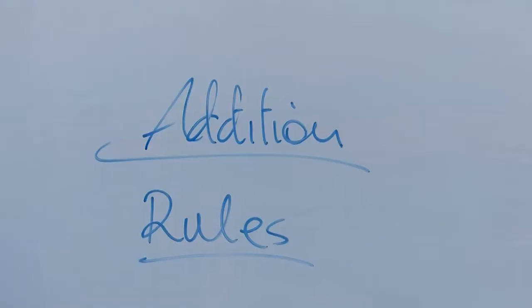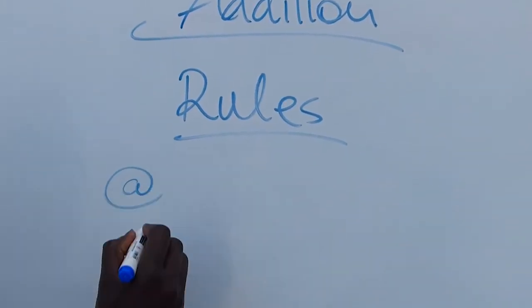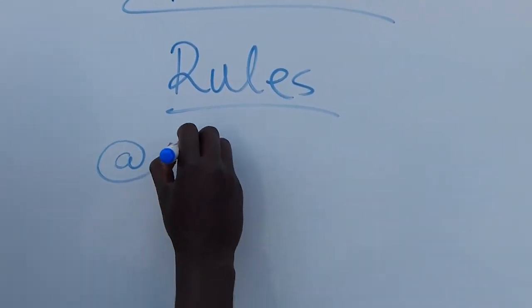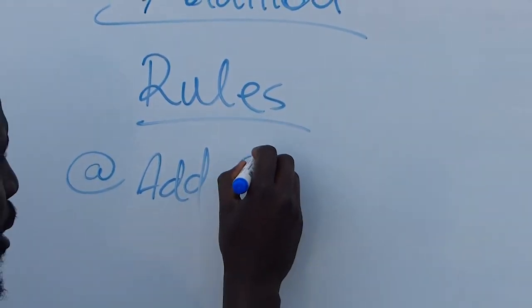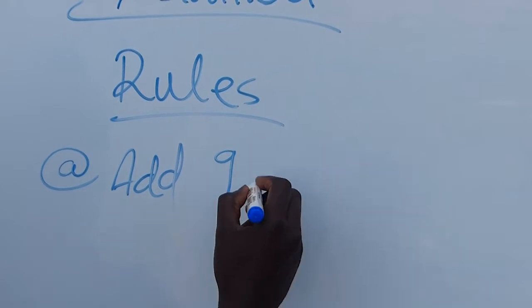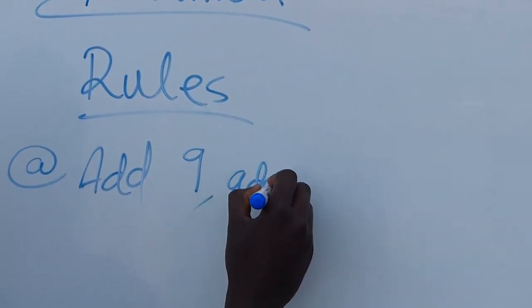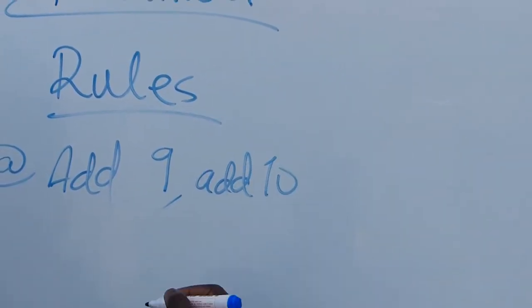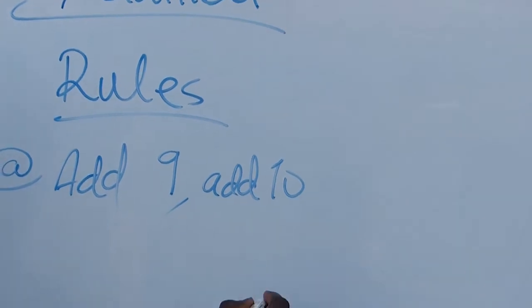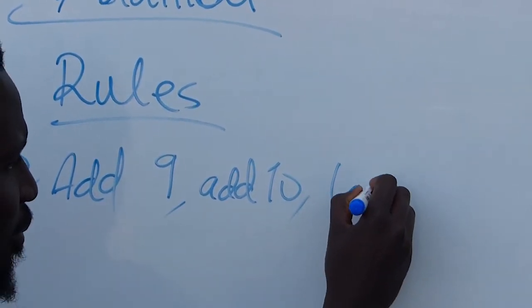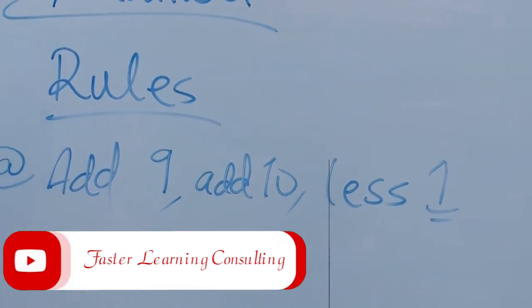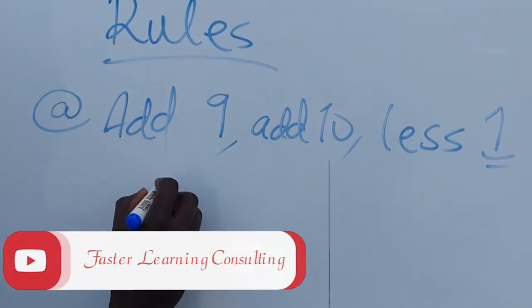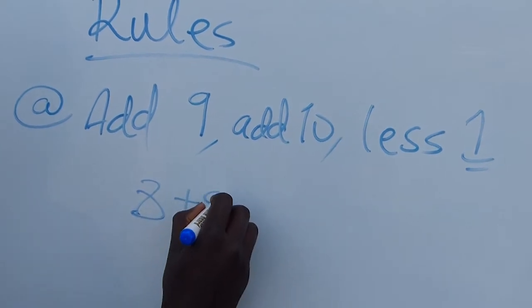So one thing is that every time, let's say rule A, every time you're adding 9 or a number that ends with 9, okay, basically add 10 to that number, or maybe promote that number to be 10, and then after doing your addition, less 1. So what am I saying? What I'm trying to say is, if you have 8 plus 9,